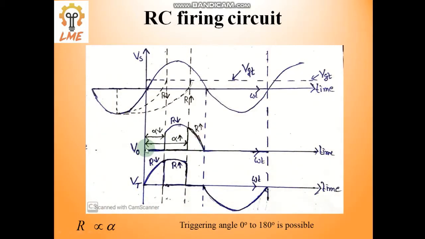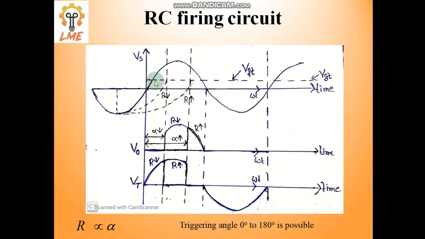The voltage across the load is something like this: it starts from here, continues to follow the 0 line, then starts from here and again goes back to 0, and again it goes to the negative half. Now when R is higher, the thyristor voltage is something like this. It starts from 0, increases, then starts decreasing and goes to 0, then again the negative half. In this way, if we vary the R value, we can trigger it over here, over here, and over here.